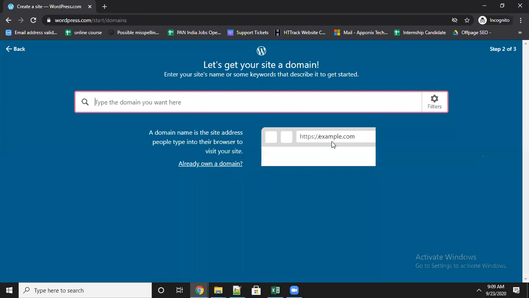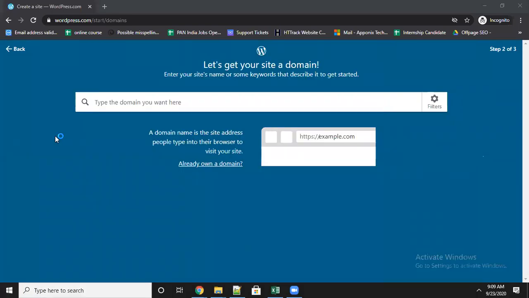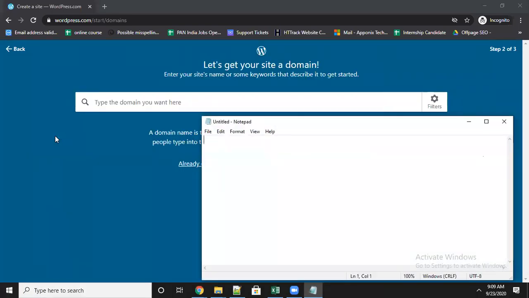First thing is the domain; always try to take a relevant one. Let me show you some samples. I'm opening Word Notepad, and then you will get more idea about it. For example, if you are doing an SEO blog, then take a domain with the word SEO, like learnSEO.com, www. Because that will give weightage. If somebody sees your domain, they will think what it belongs to.